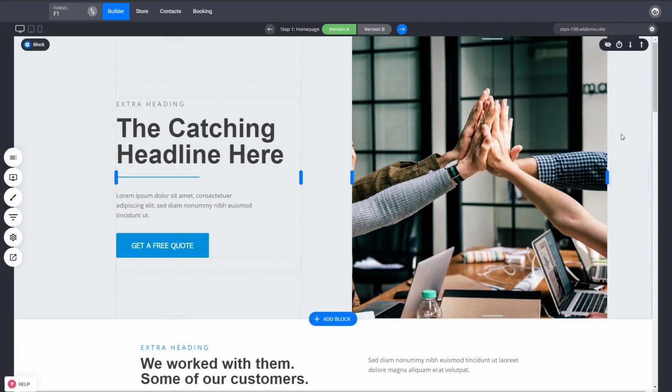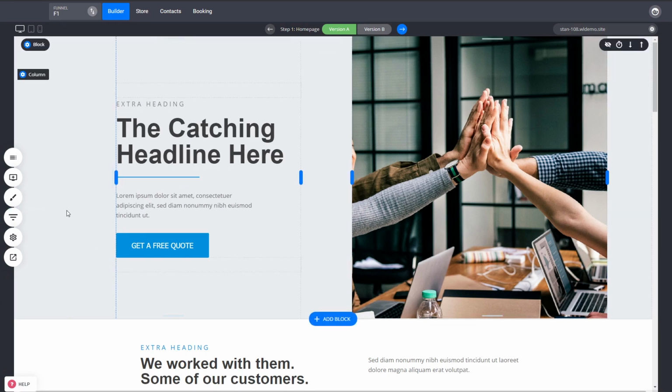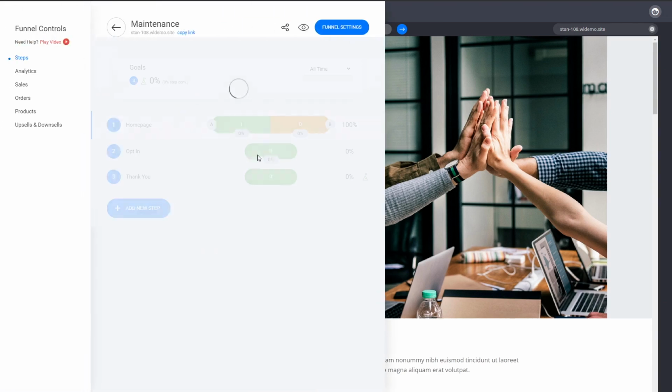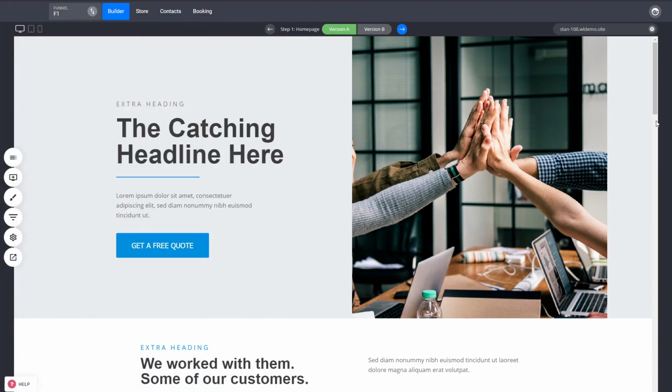and let's transform this funnel that we did in our previous video, the normal funnel for submitting a form to collect information for follow up afterwards. So we have our funnel with the home page, and we have an opt-in and a thank you page. Again, in this case, as with the other funnels, we're just changing the opt-in step. So in the previous